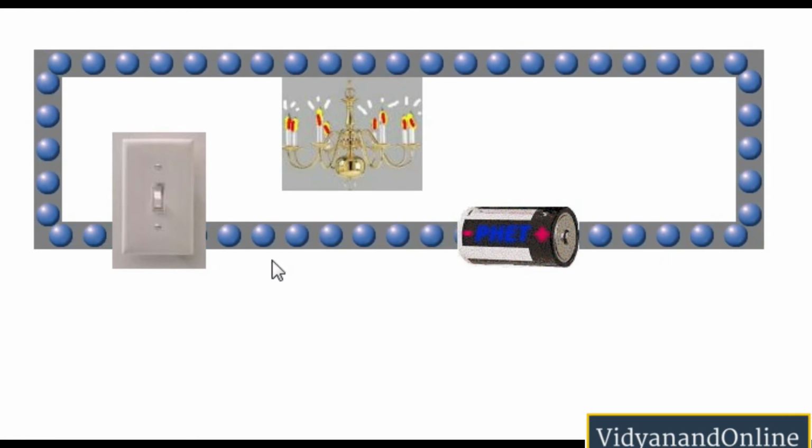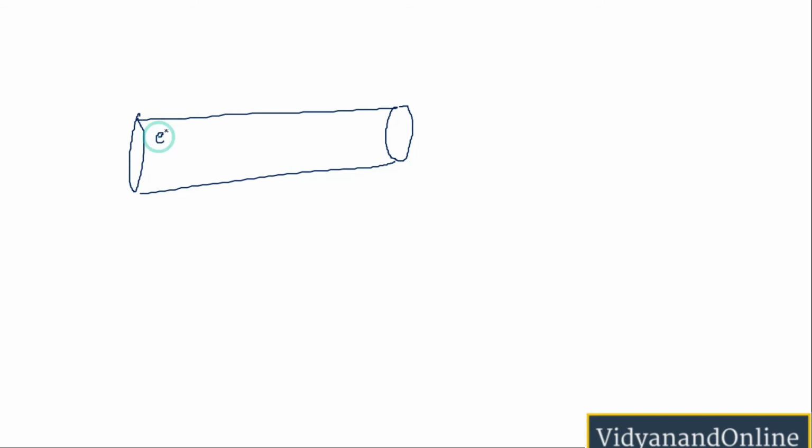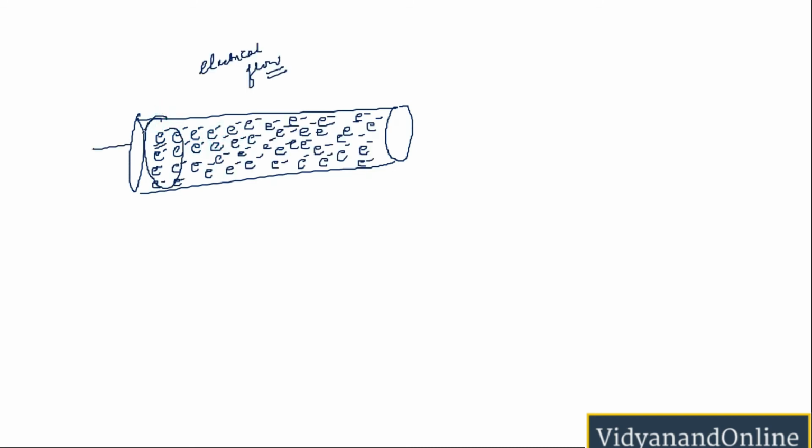However, these electrons drift very slowly. Now let me explain the reason behind it. Actually, a conductor is made up of a solid substance, right? In the conductor we have electrons, and these electrons are very tightly packed to each other because it is a solid. So here, if you see, the density of electrons per unit volume is very high. Therefore, these electrons do not actually move. They actually drift from their rest position. It is actually the electrical energy that flows through the circuit with the help of electrons.